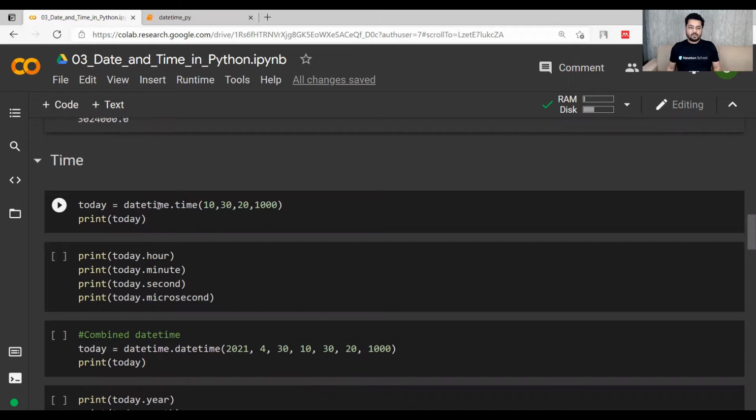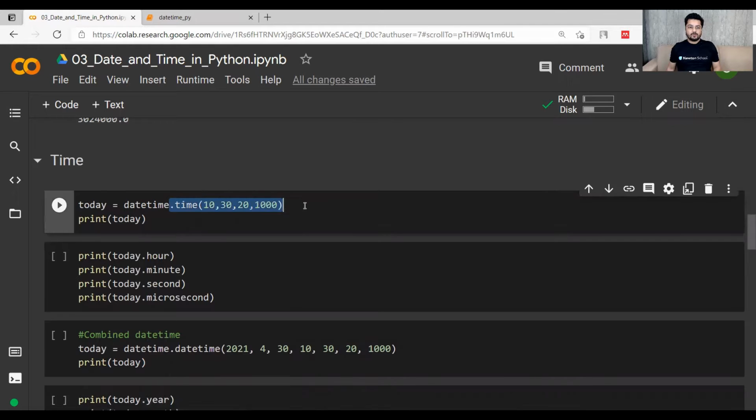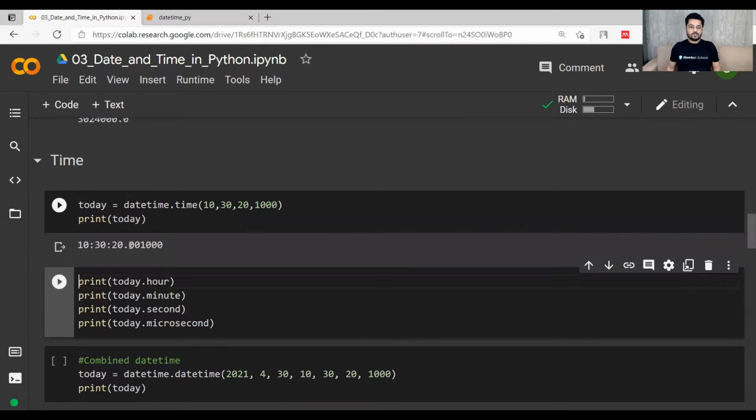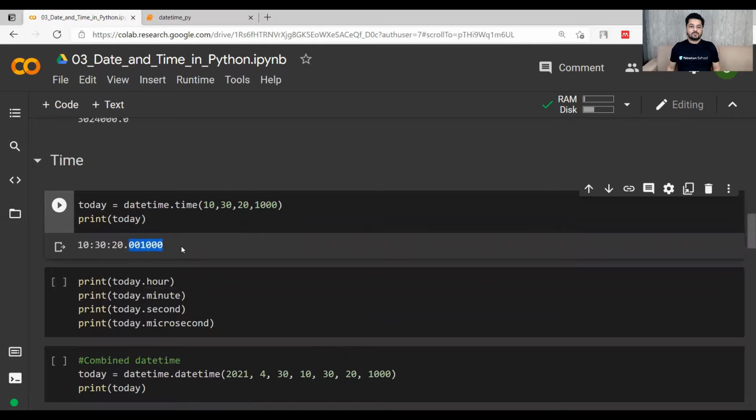So within the same library there is another function called dot time, in which we give four values. This is number of hours, this is number of minutes, then seconds, and this is microseconds. So let's print the time, which I have put as 10, 30, 20 and 1000. So notice that there is this 001000.